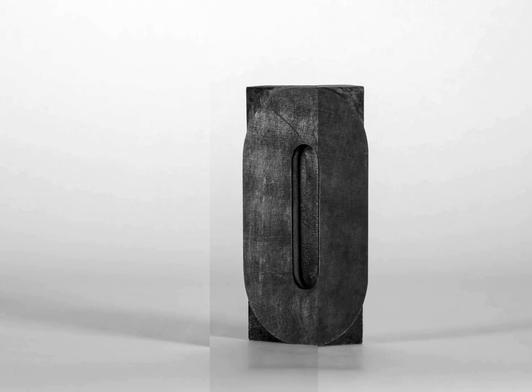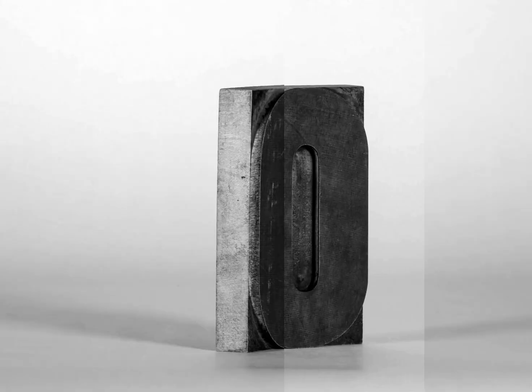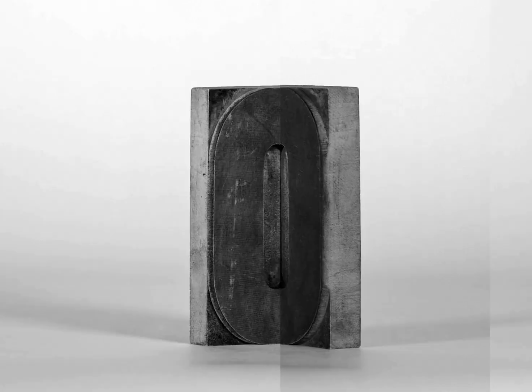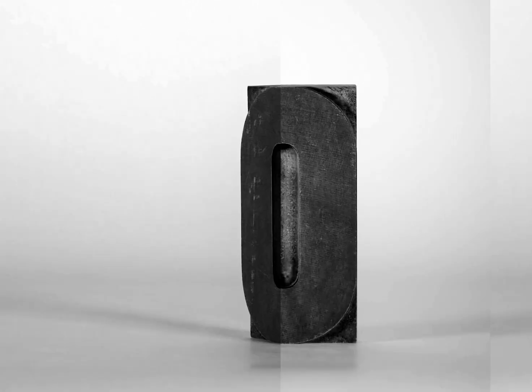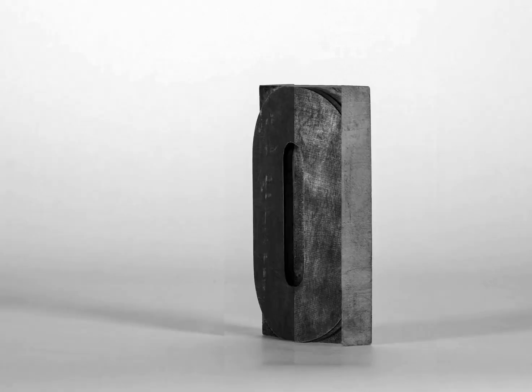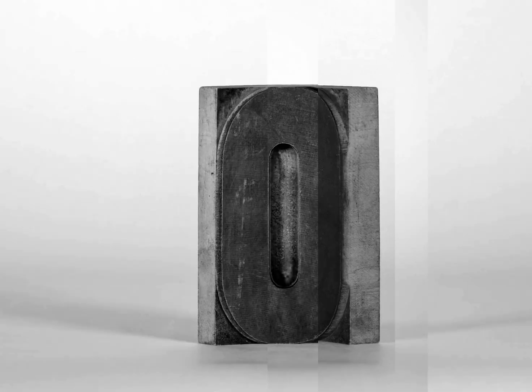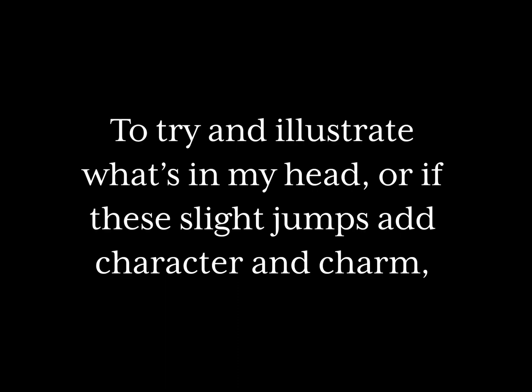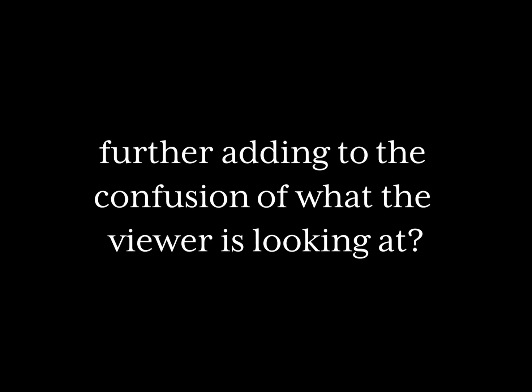Originally, I had wanted them to slowly shapeshift from one form into the next, like a stop-motion film, the letterform barely moving from the center of the screen. These, however, seem to jump around randomly. I'm not sure if it's worth it to keep pursuing this direction, to try and illustrate what's in my head, or if these slight jumps add character and charm, further adding to the confusion of what the viewer is looking